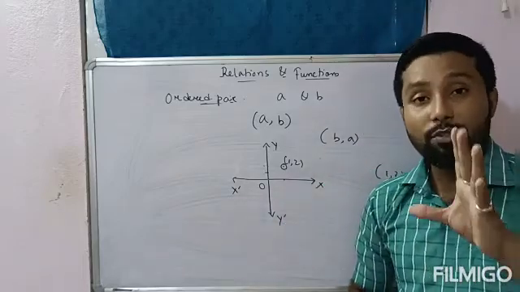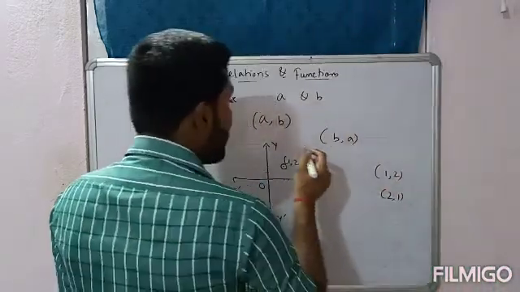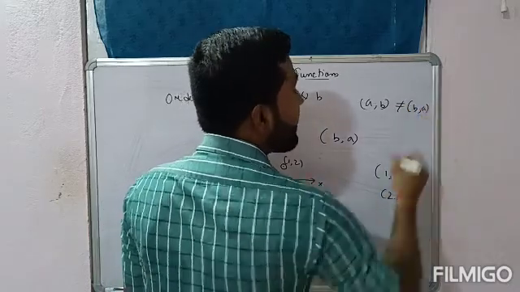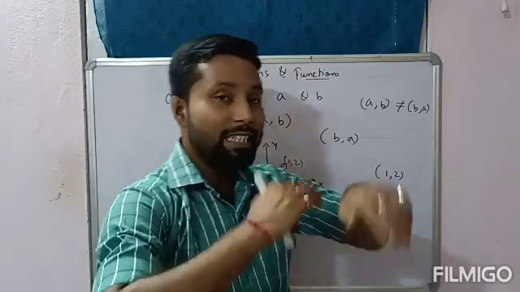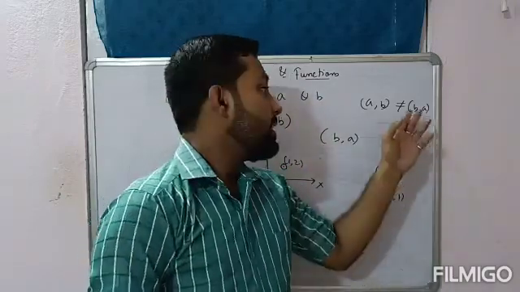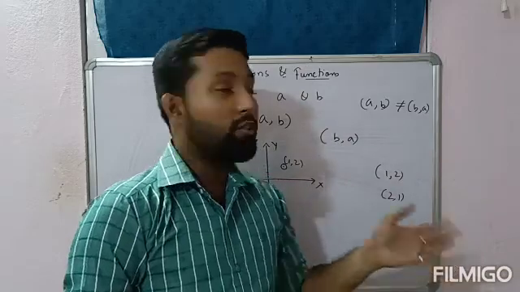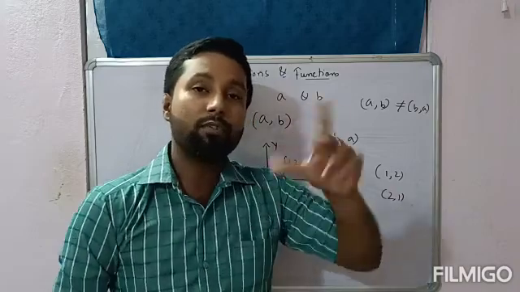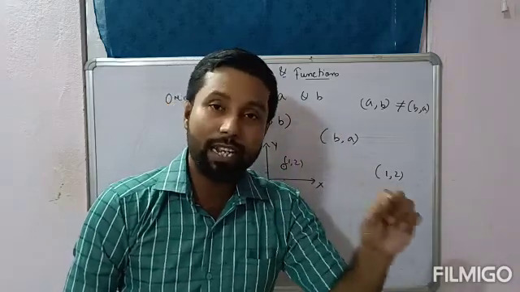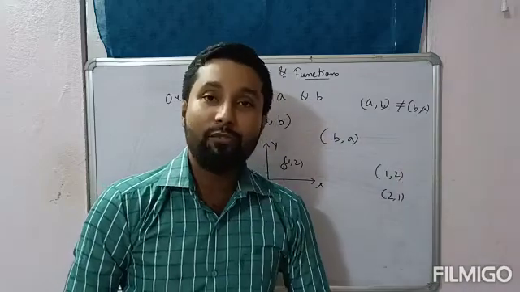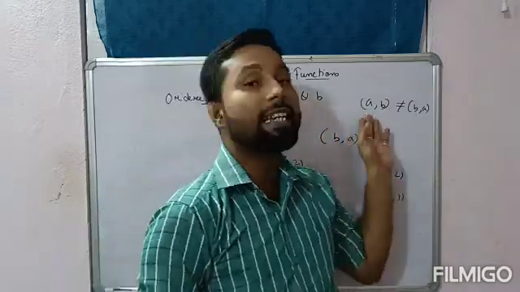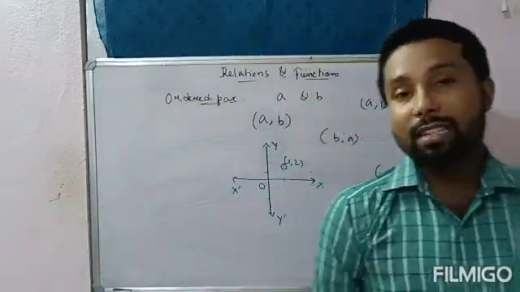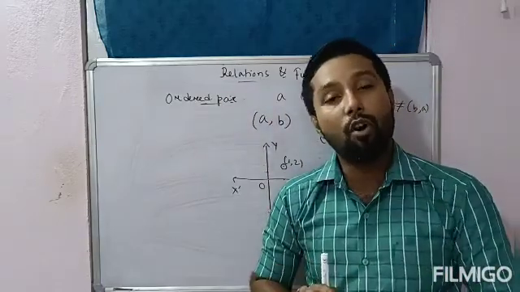All right, so that is why we can say that (a, b) is not equal to (b, a), because after interchanging the position of the components, the ordered pair is also changed. क्योंकि कार्टेशियन प्लेन में अगर हम लोग ये पॉइंट को प्लॉट करेंगे तो उसका पोजीशन इंटरचेंज करने से वो सेम पोजीशन में नहीं रहेगा, वो कोई दूसरा जगह में जाके फिक्स्ड होगा. That is why in general we can say that (a, b) is not equal to (b, a). All right, so this is all about the meaning of ordered pair.